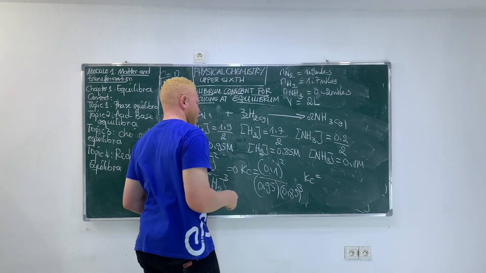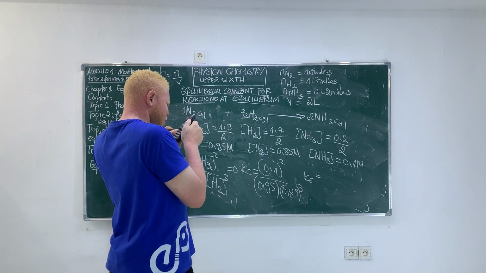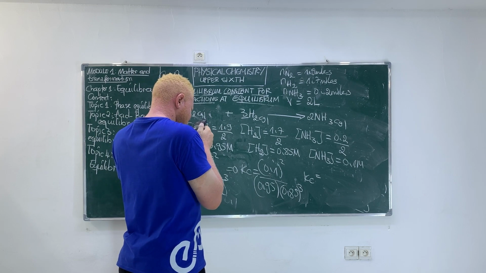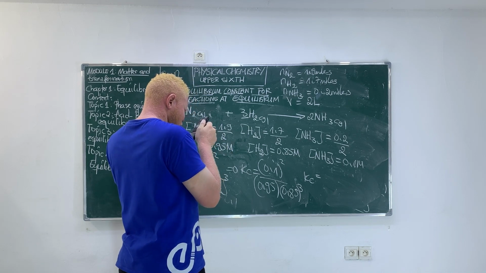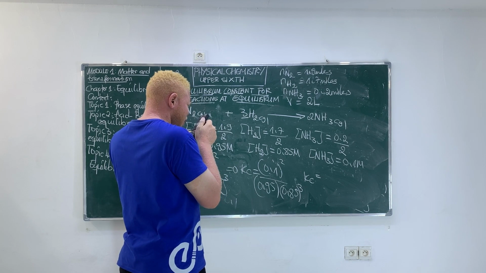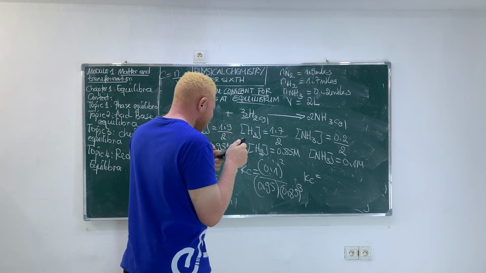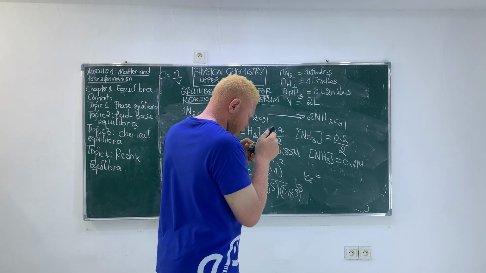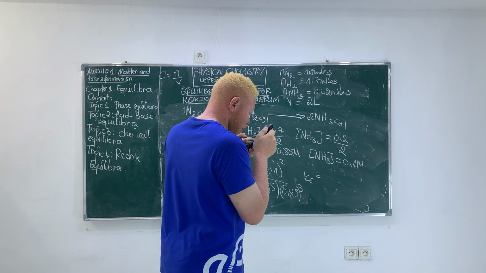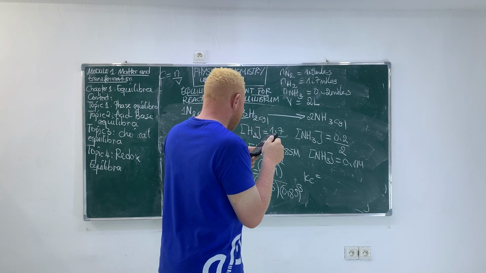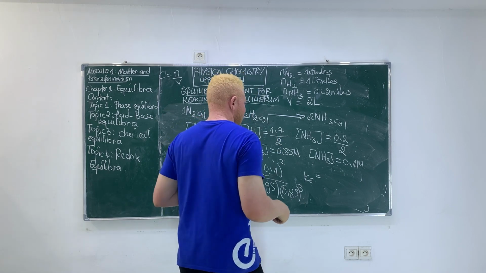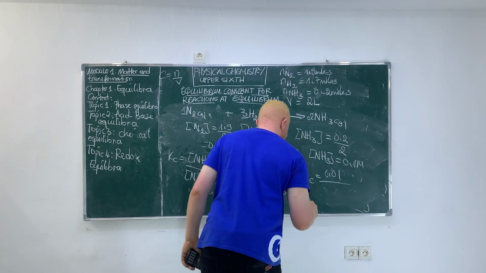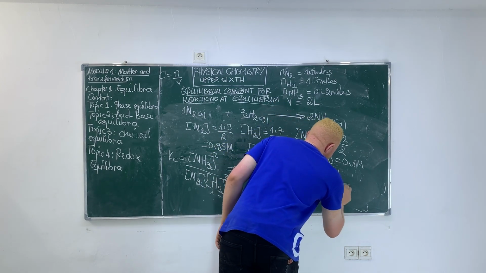Kc equals bracket 0.1 squared divided by bracket open 0.95 times 0.85 cubed. So 0.1 squared is 0.01, divided by 0.95 times